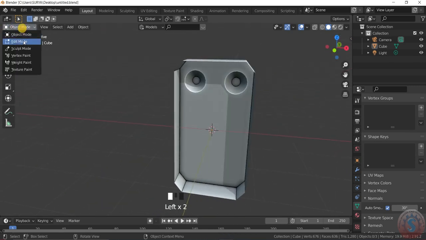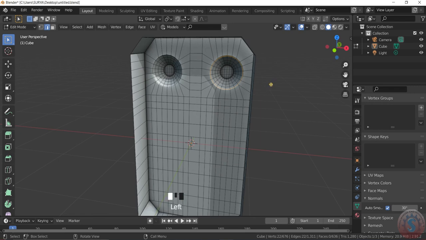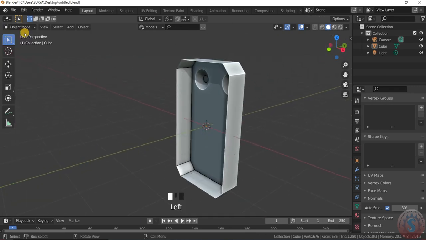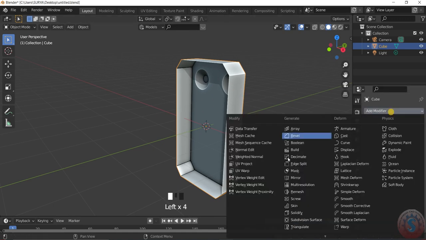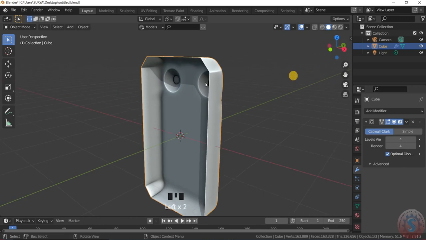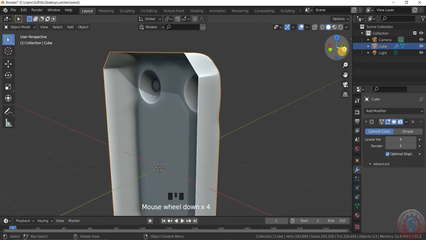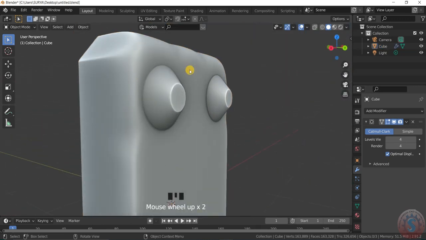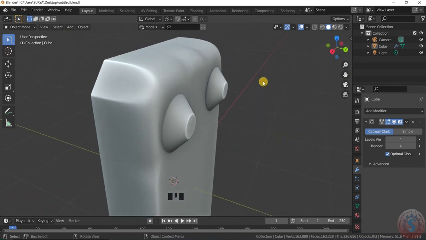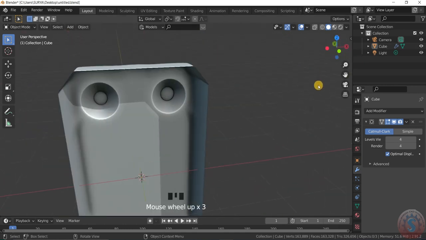Then after I want to create loop cuts. Before that I am assigning the modifier, subdivision surface, level viewport to 4 and render to 4. You can see the object surfaces are somewhat not good, the finishing is not good. To fix it, simply increase the